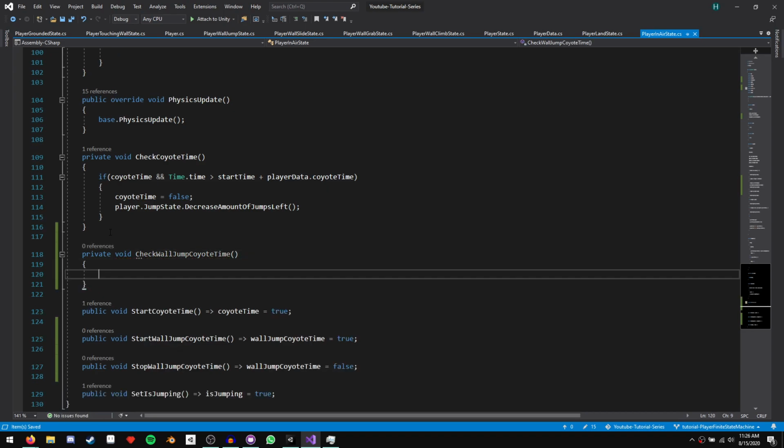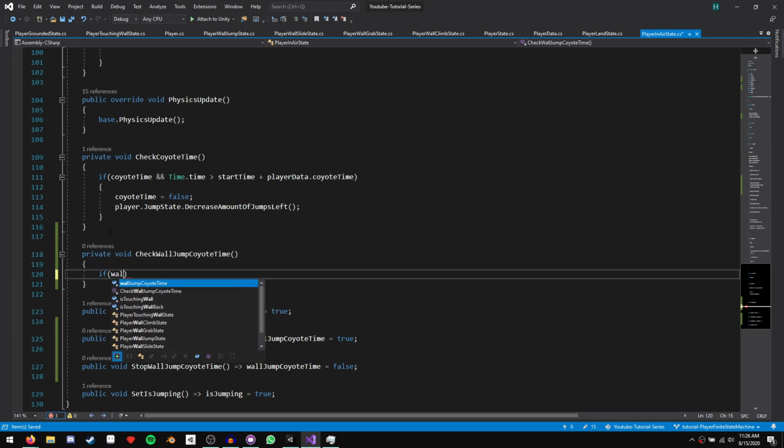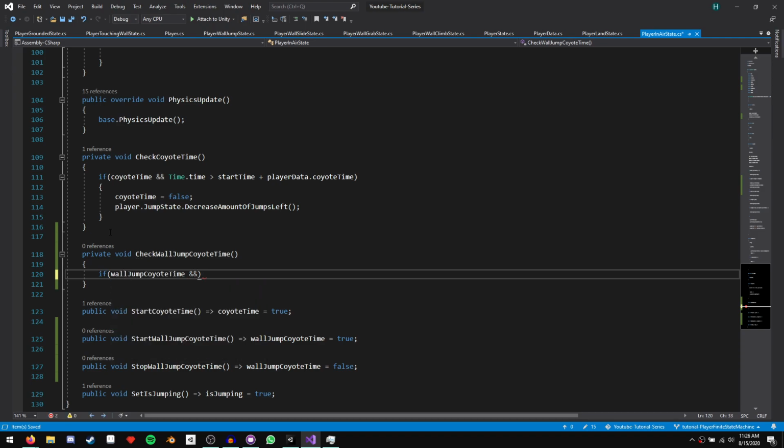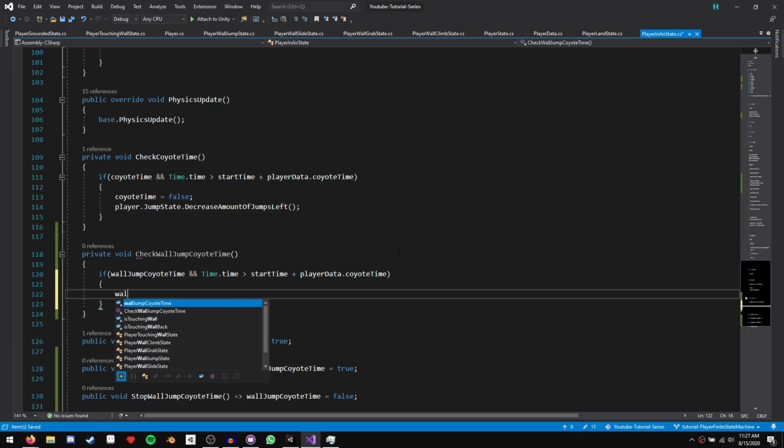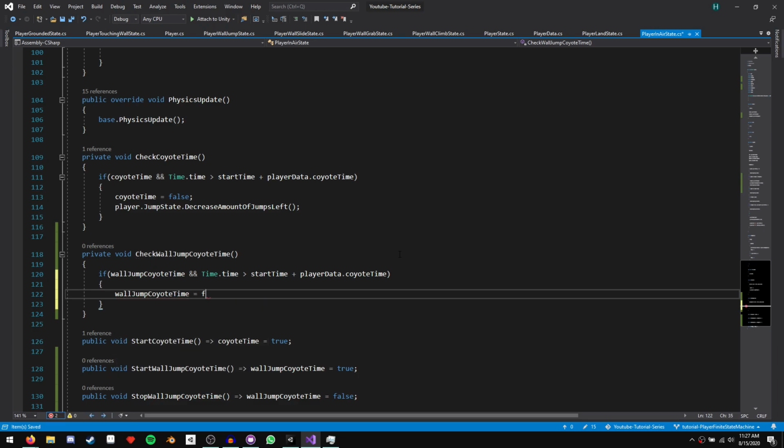And then inside this function, we just say if wall jump coyote time is true and time.time is greater than start time plus our player data dot coyote time, then in this case, we'll set wall jump coyote time equal to false.